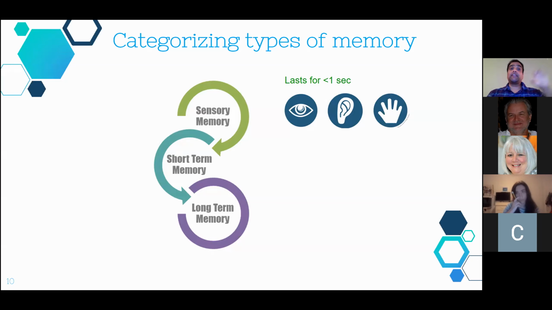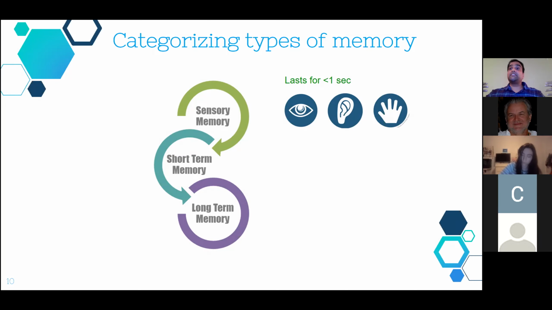So for example, you can categorize them as sensory memory, short-term memory, or long-term memory, depending on how long it stays in the brain. Sensory memory, for example, lasts for less than 1 second. And these are literally the sensory information that you receive every single moment in your life, right? This is things that you are seeing while you're driving. You see a number plate, you see a billboard, and these are the information that's coming through your eyes, called